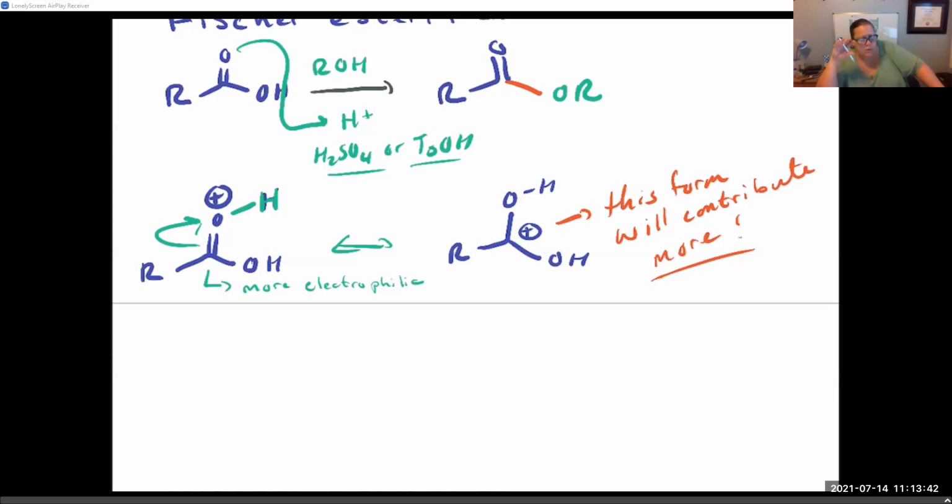And so when we protonate the carbonyl oxygen, it allows this particular resonance form to contribute more. And when I say contributes more, remember, these individual resonance forms do not exist at all. Okay, but what I see here is I'm going to have less electron density surrounding the carbonyl carbon. That makes it more attractive for a nucleophile, because at the end of the day, what do we know about